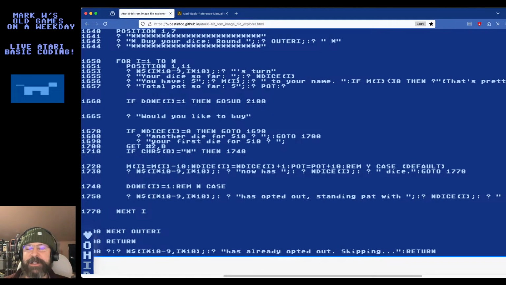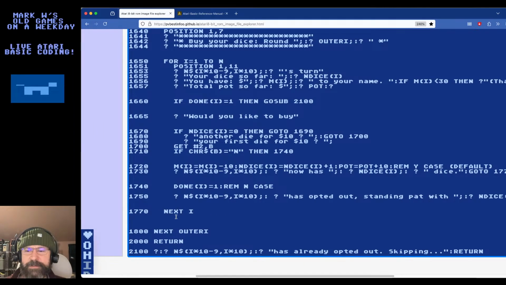doing something. Let me think about this. If dice equals 1. Yeah, I really wish I could just do like continue or like next I here, but as we established, I can't do that. So it's all about getting the flow control stuff, right? This is really basic stuff. However, you have to think differently in this kind of very basic language.